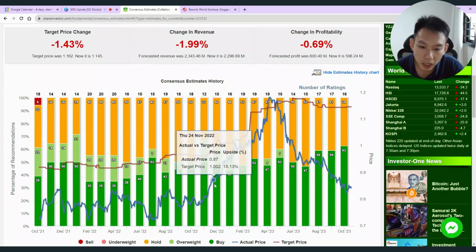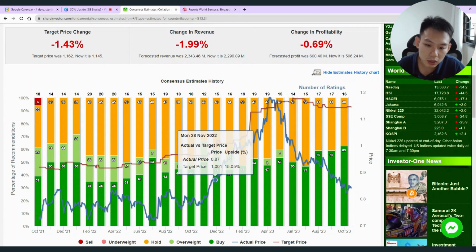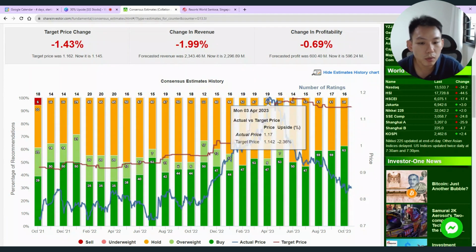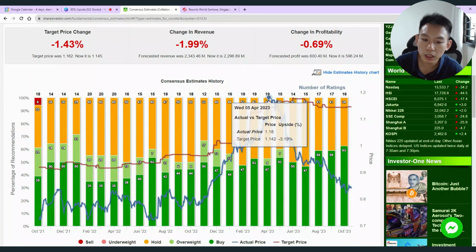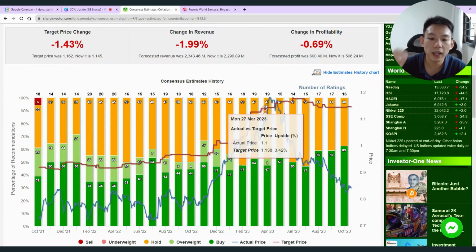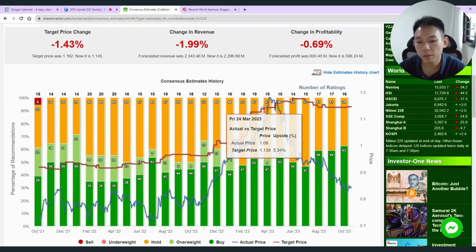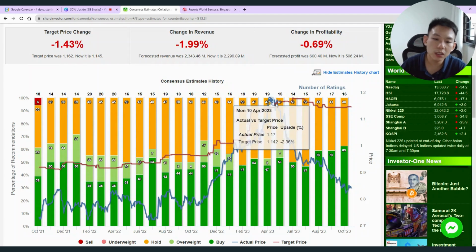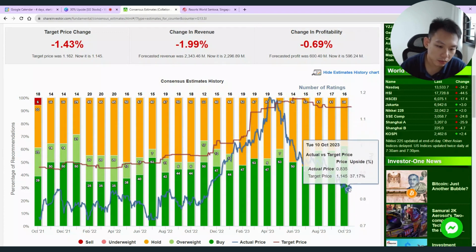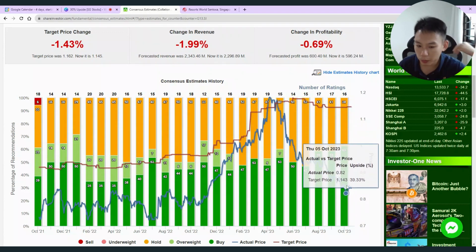And at the start of the year, or rather November 2022, it suddenly shot up all the way to around $1.20. That's where the actual share price caught up with the analyst price target. But subsequently the share price came down a lot as well. Maybe because